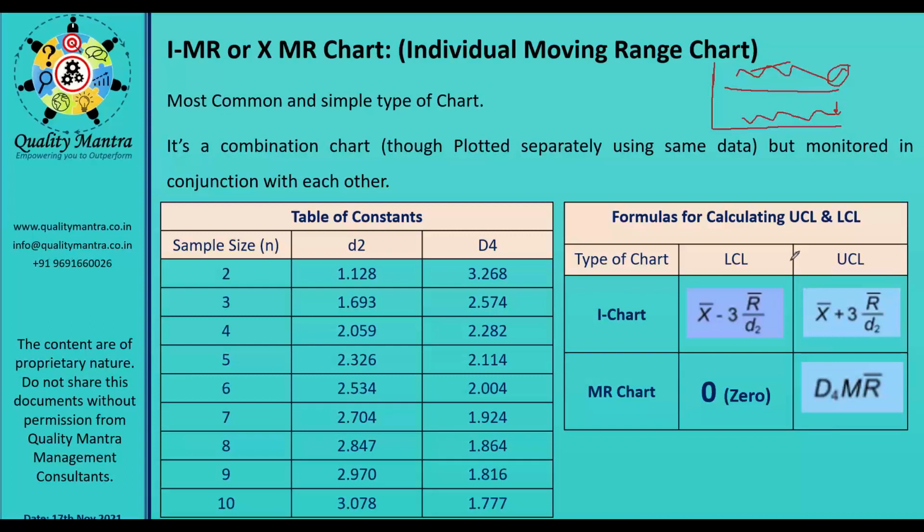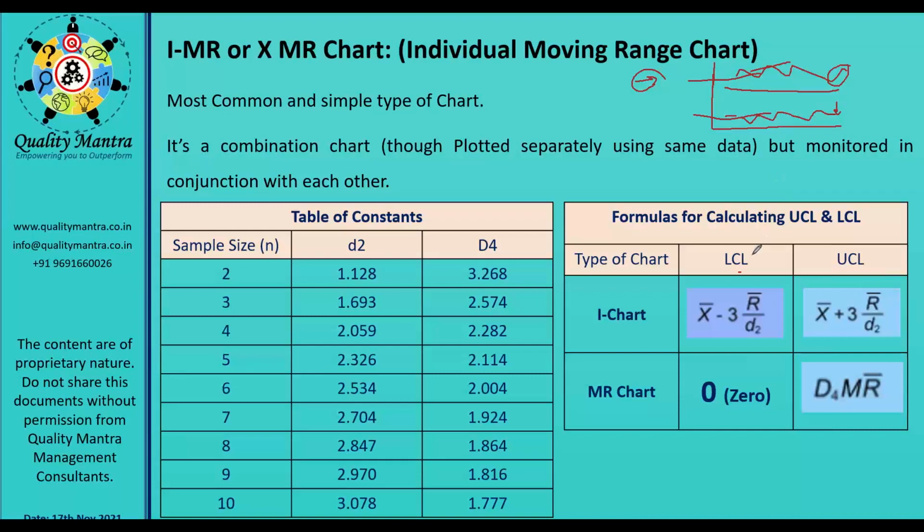Now, as I told you, on the control chart, what you have is the data. Okay, what is on the control chart? Data. And here you will have the data from the process, and you need to calculate the range also. The range will be calculated from the data. How to calculate? I will tell you. Then you need the average. So you will calculate the average of the data and the average of the range also.